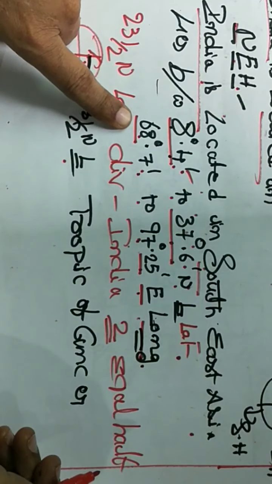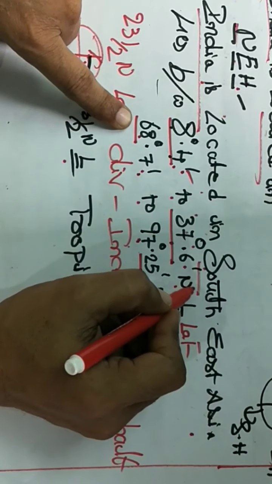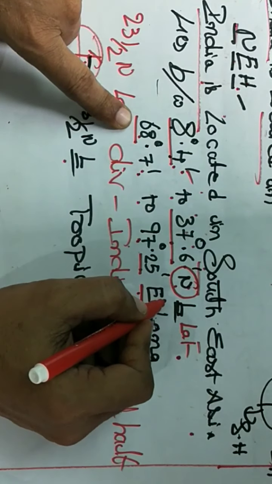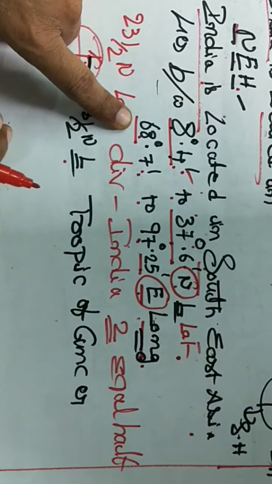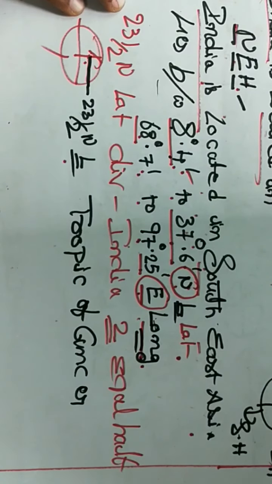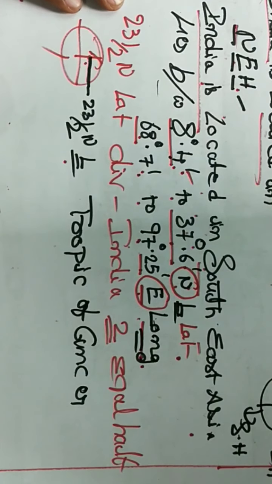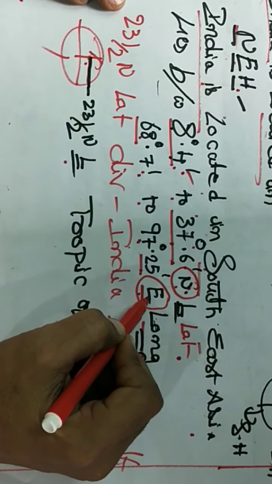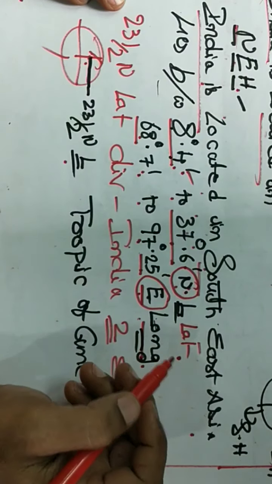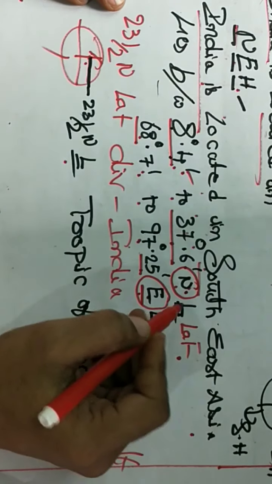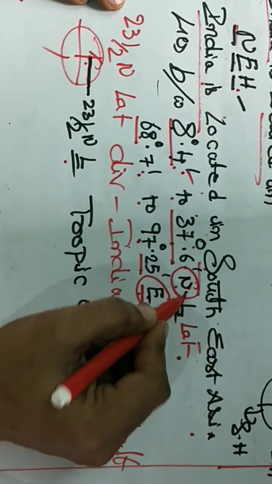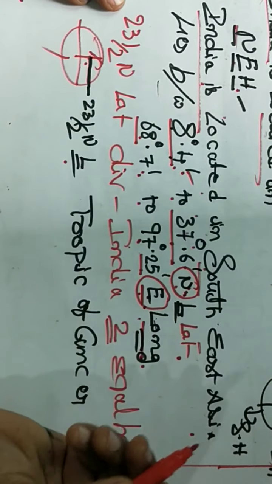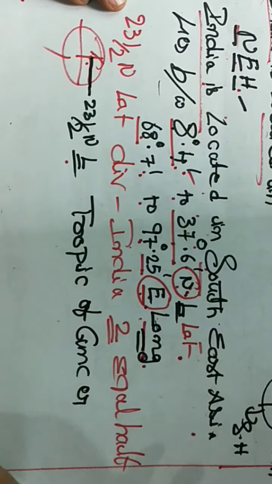Dear student, in this question one important point is that you should not forget here N, you should not forget here E. They can give in mismatch, or they can give some pairs wrong, and you have to find which pair is right. Then they will change this. Instead of N they can give E, instead of E they can give N. So because of that we should have strong knowledge about N and E. N means northern hemisphere, E means eastern hemisphere. If it is W, western hemisphere. If it is S, southern hemisphere.